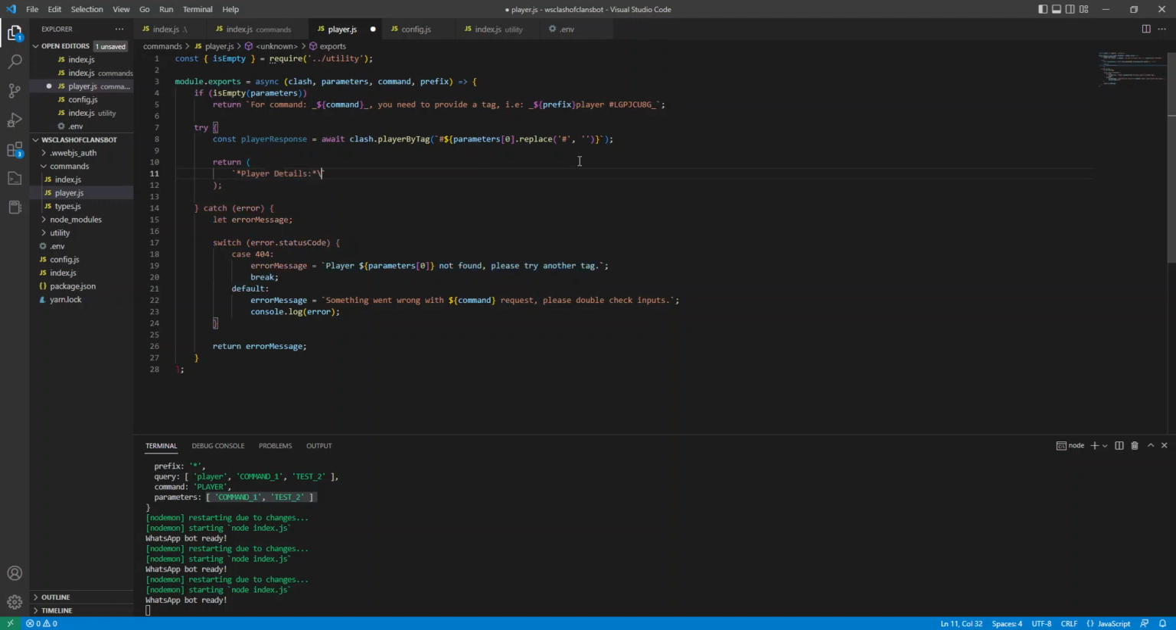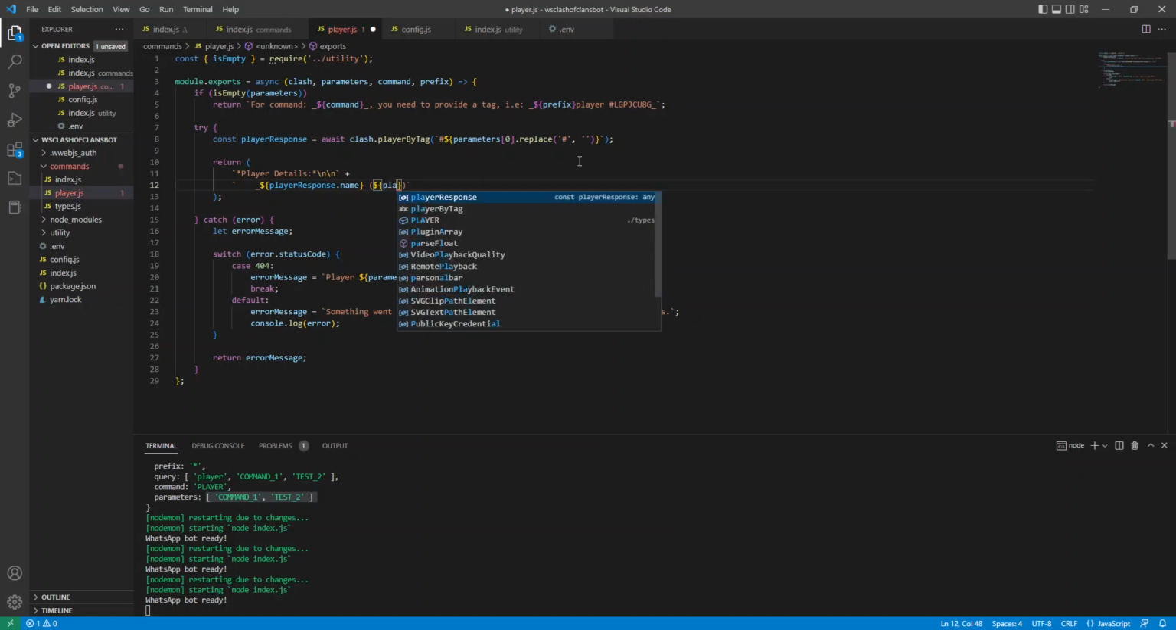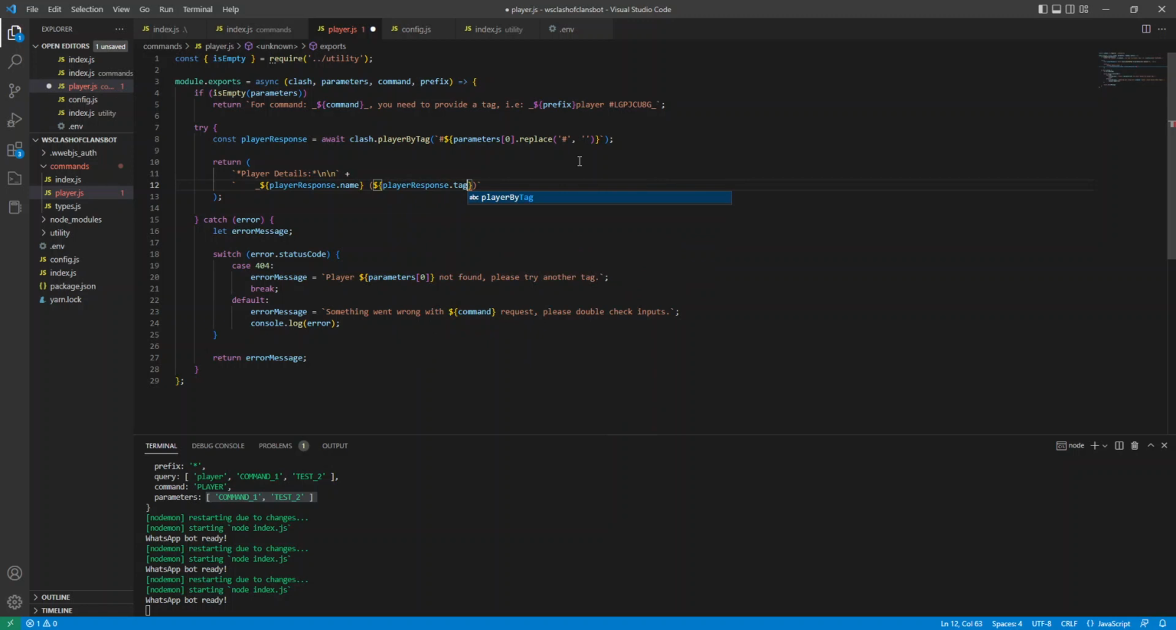And then let's go for our 2 new lines, \n\n, plus, and then grave accents again, and let's do 1, 2, 3, 4 to indent the line, underscore, and we'll say our player response dot name, and then let's put the tag inside of smooth brackets. We'll do dollar sign curly brackets player response dot tag, and let's do underscore to make it italic, and then let's go